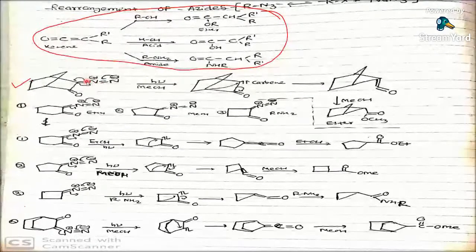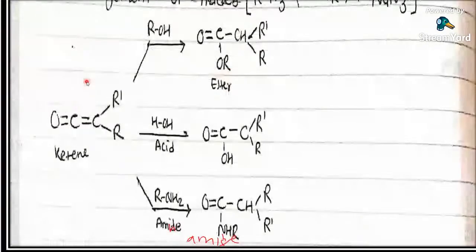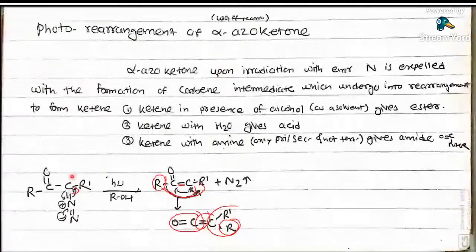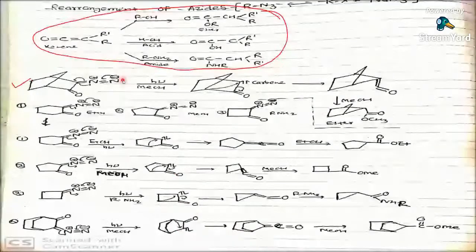So what we have seen in the earlier slide, this is the azo group. Azo group will get removed as a nitrogen and it will give its excess electron to this position, as a result of which there occurs the formation of bond with this carbon and the alkyl group will be moving towards this carbon. So same first, if it is an azo group, if azides are there, so in that,